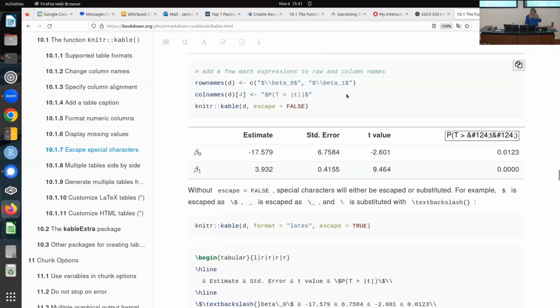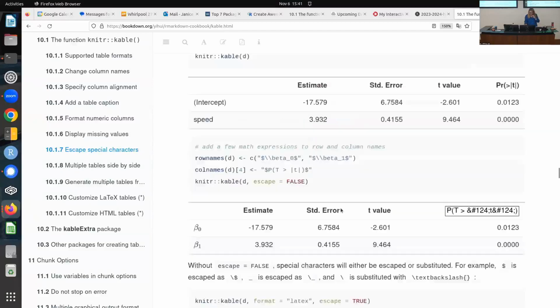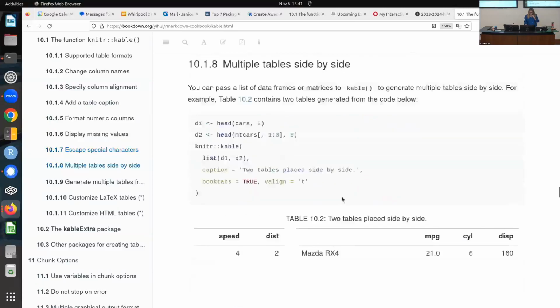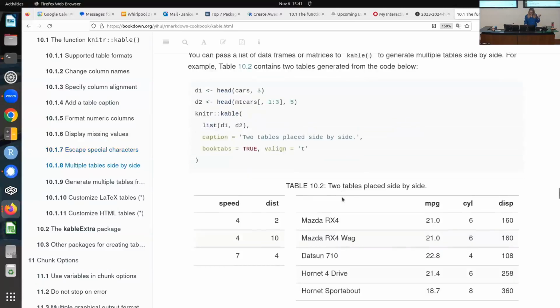Okay. This is nice. This is LaTeX. Although you have to use two backslashes, I don't know why, \\beta_0 would render that in math mode for LaTeX. So it's interesting how they kind of are putting them together. Yeah. I don't want to just stand here and read this whole thing to you. I just wanted to give you the idea that this is out there. You can look at things like this,